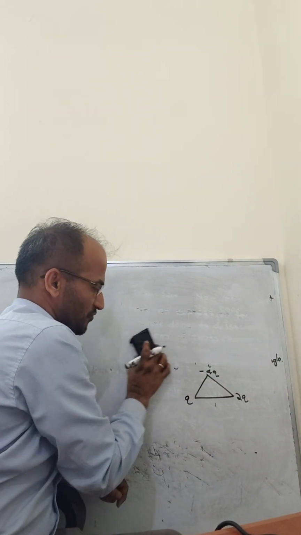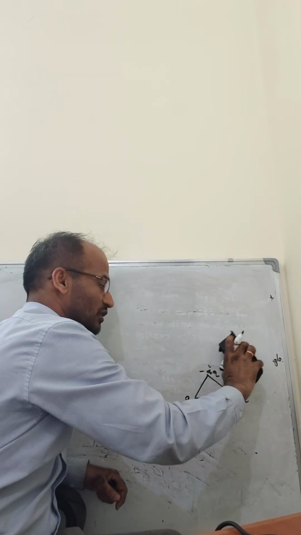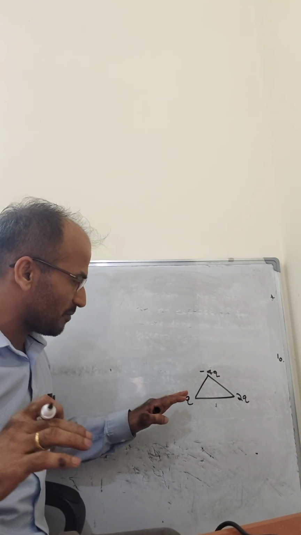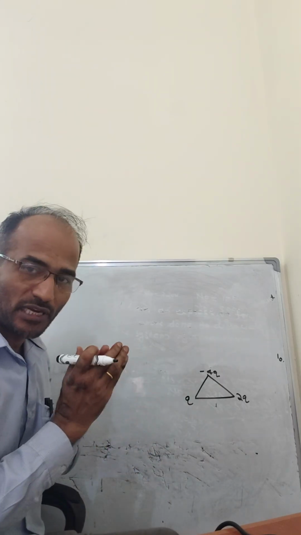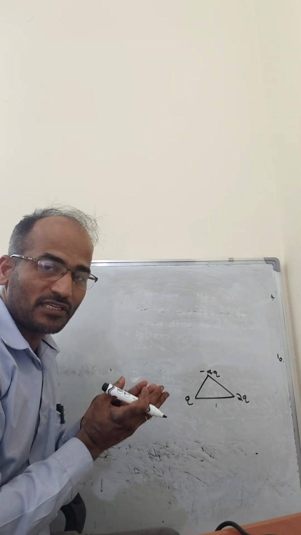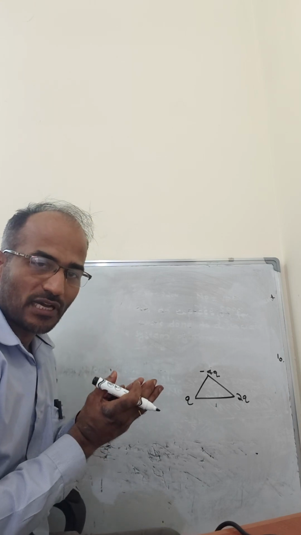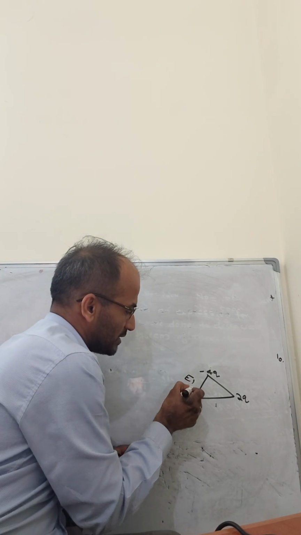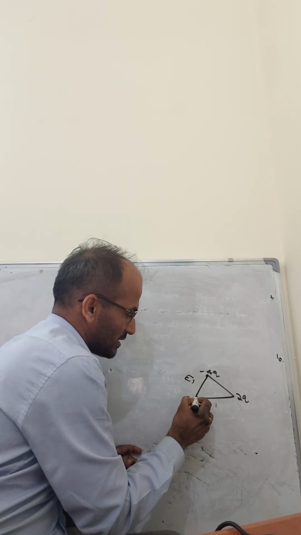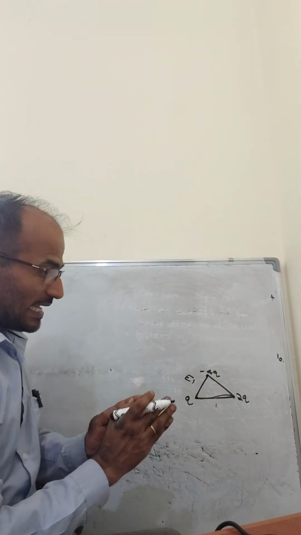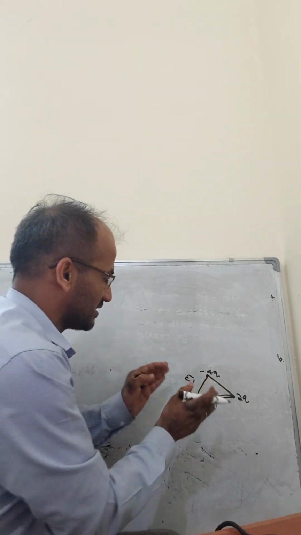First of all, we should understand how much energy is required to make this system. To make this system, how much energy is required? That is the potential energy of the system. How can we measure the potential energy of the system? K into charge by distance. So let's find the energy required to form these two charges, then these two charges, then these two charges. So the total energy required to make this system is